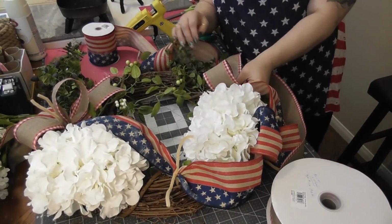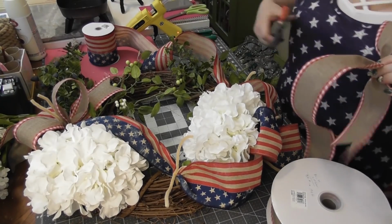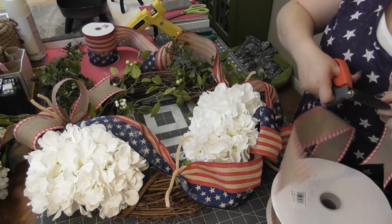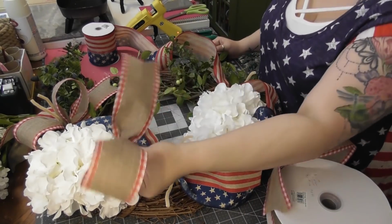Put it on your project. Looks wonderful. Okay, so what I'll do is, where I've gathered it, I'm going to cut it off really close to where you're holding it. And that's how we're going to add that 1-loop bow